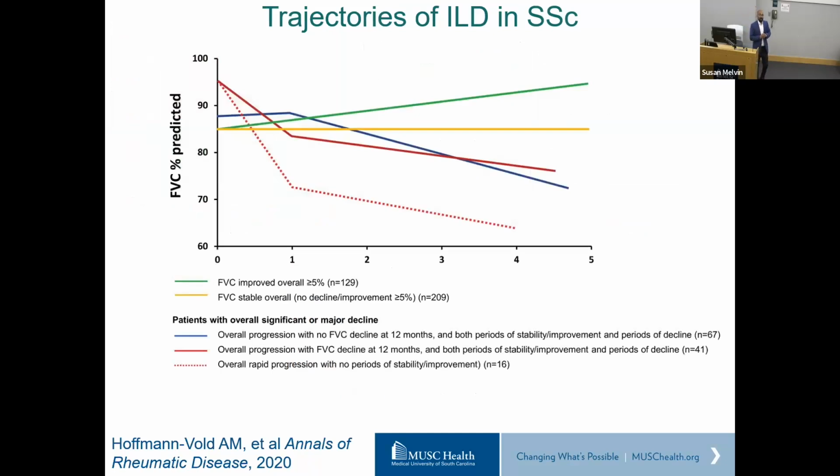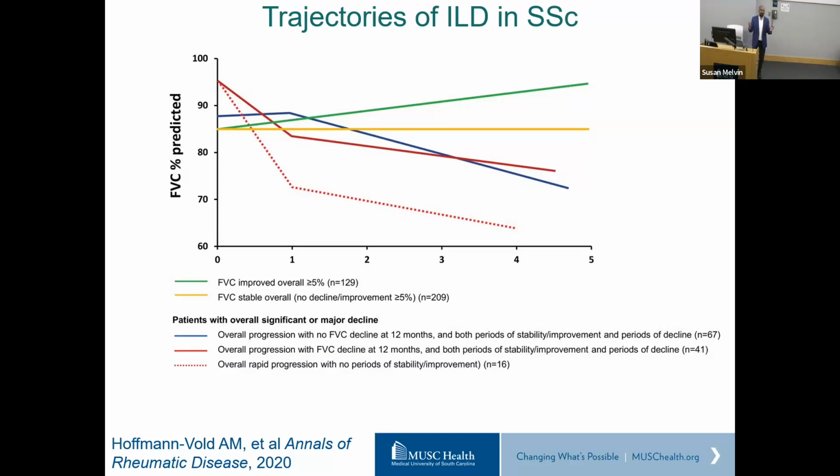This is a snapshot of the heterogeneity, or the diversity, in lung function trajectories within a scleroderma population. You can see that there are folks whose FVC, or lung function, improves with treatment. There are folks who don't have any change over time. This is over 5 years, and this data is from the EUSTAR database between 2010 and 2015, so it is from the European population. Then you have folks who have an uptick, then a decline. Then you have folks who have a downtick and then plateau out. And the dotted red line is the ones who have a progressive decline with no improvement.